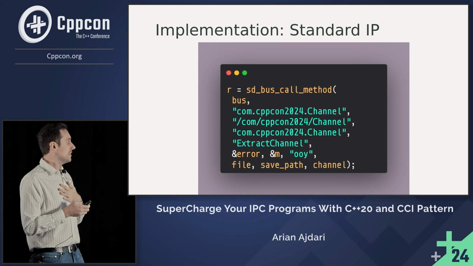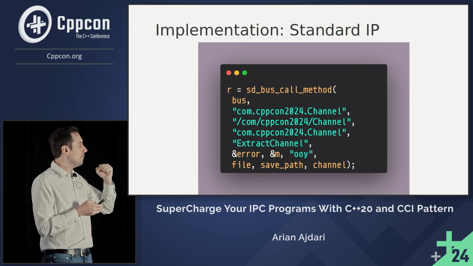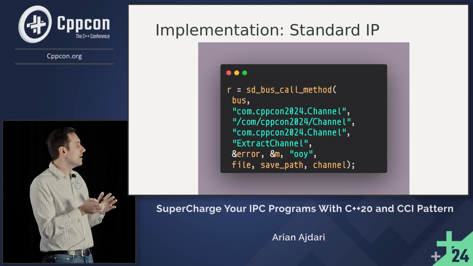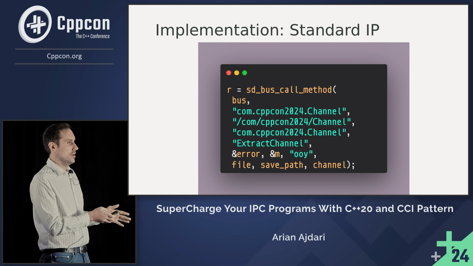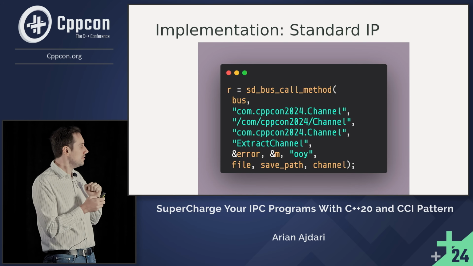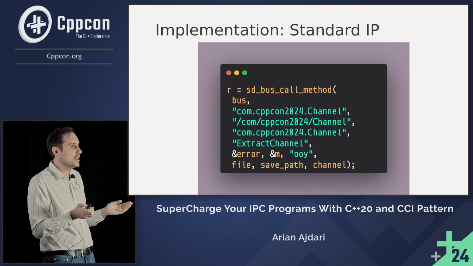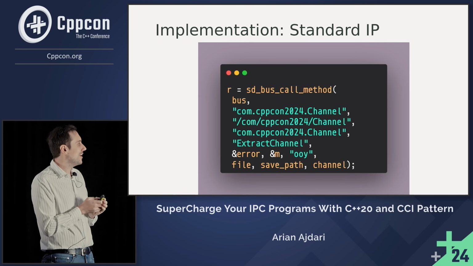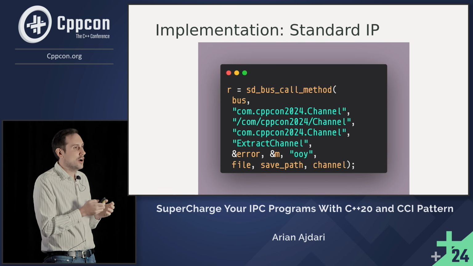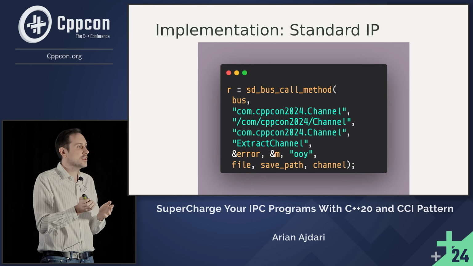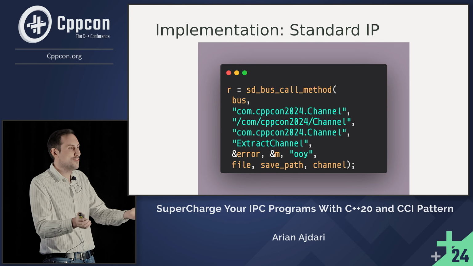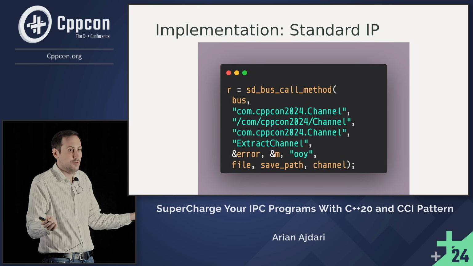And the biggest problem that I see is that for the input parameters you have to provide, in our case the file, save path, and channel, you need at the same time to provide their signature. If you didn't write OOY, which is the signature of these 3 input parameters, the code would compile with zero complaints, but when you flash your embedded device and try to use your code, you would be met with an error message. Now imagine that your embedded device is living in a car: you compile the code, go to your car 10 minutes later hoping your program works, and you just run into a runtime error. A big waste of time.